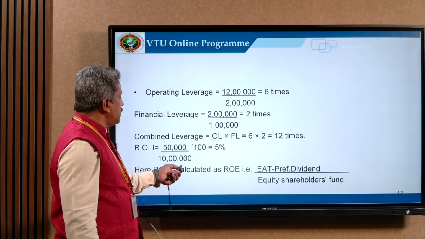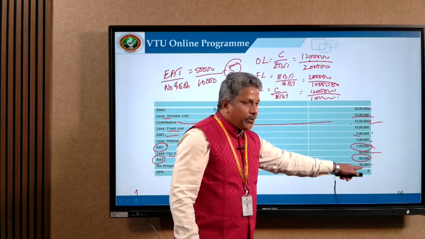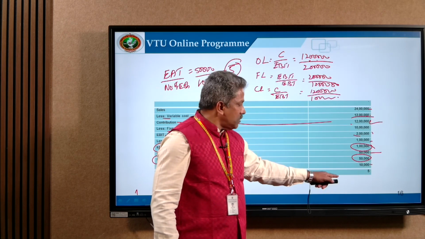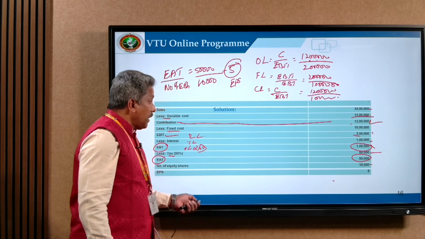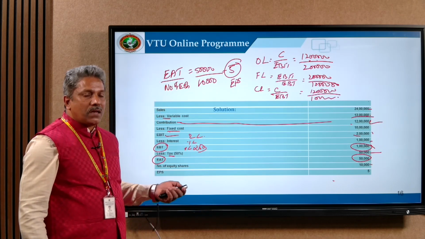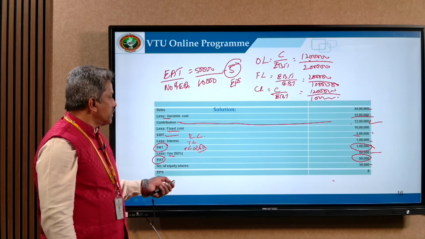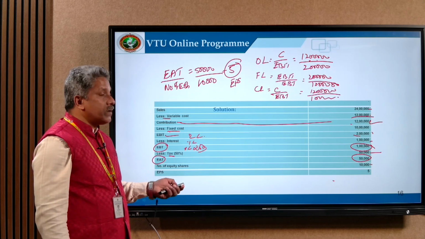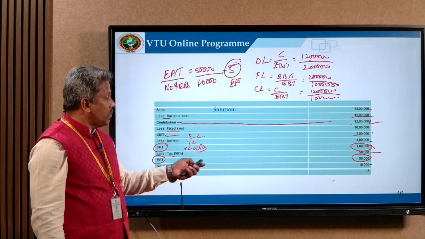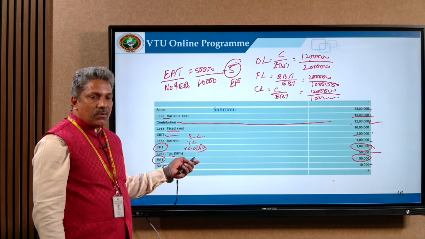Here we calculated earnings after tax divided by number of equity shares, and we get earnings per share. Return on investment is equal to earnings after tax divided by amount invested by equity shareholders. Amount invested by equity shareholders is 10 lakhs rupees. So, return on investment is equal to earnings after tax, that is 50,000 divided by